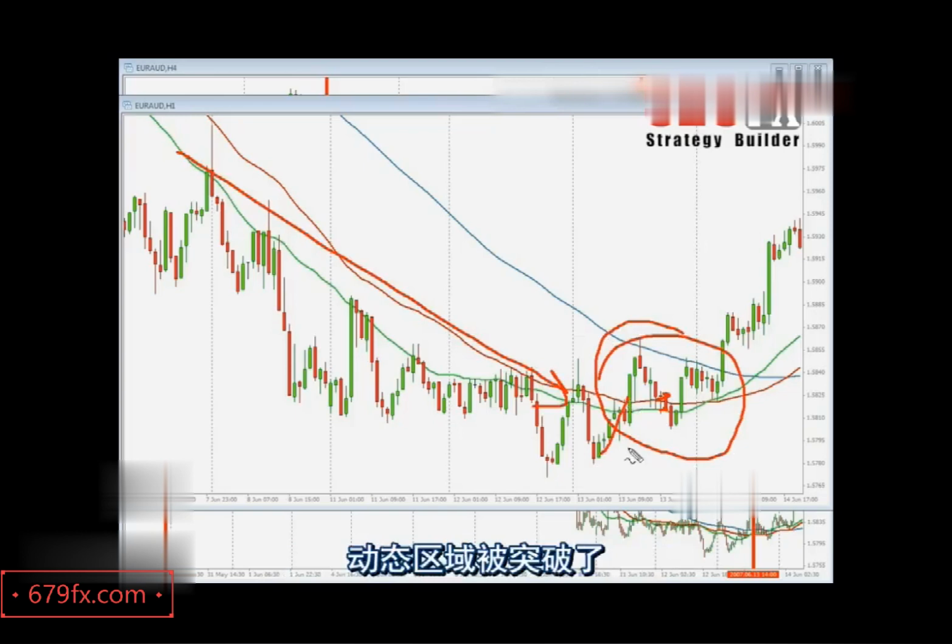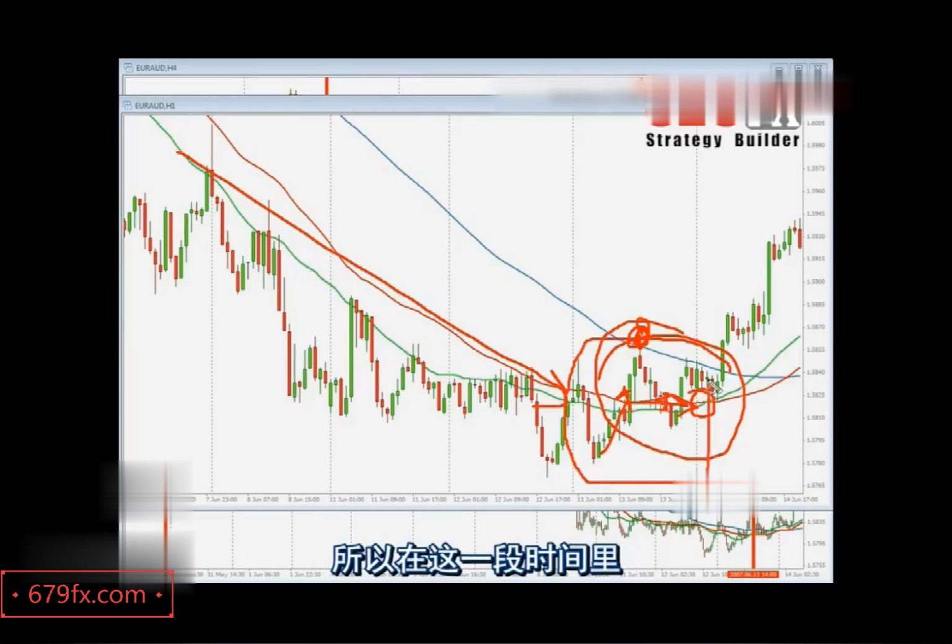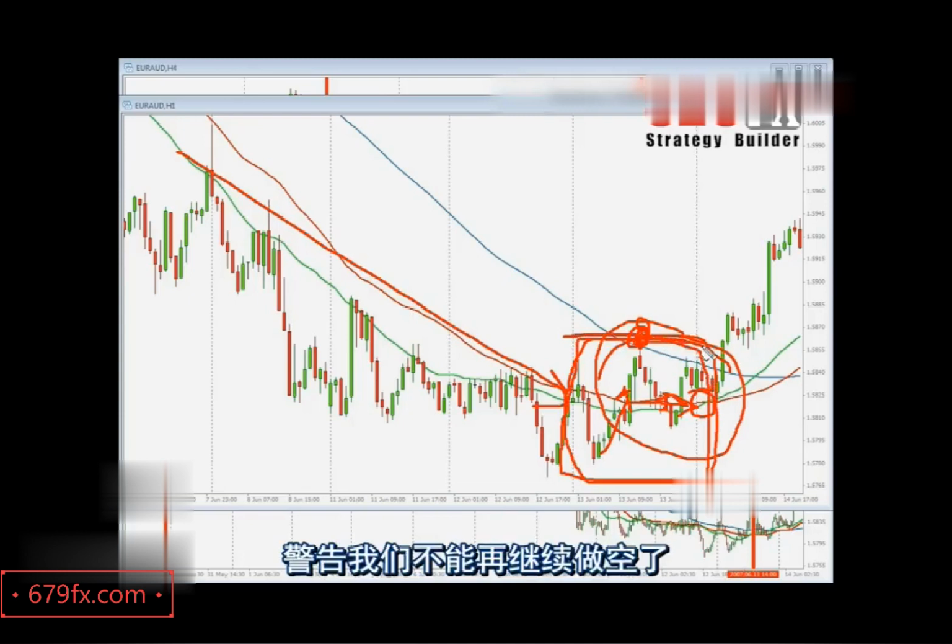Okay, the dynamic area is breached. The sixth condition is breached. Now the 100 is breached as well. We have another condition down the loo. Moreover, the moving averages are flattening out. Another condition that goes out of the window. Moreover, we have a crossover. So at this precise time, we have plenty of early signals of warning that we do not want to search